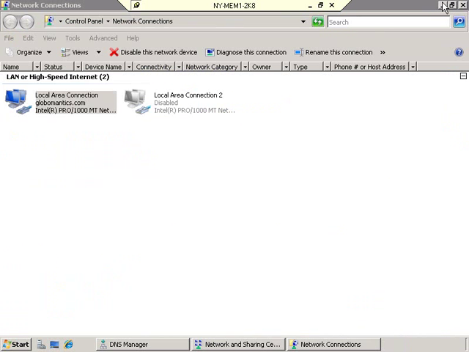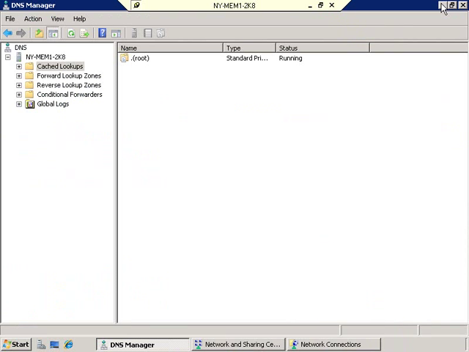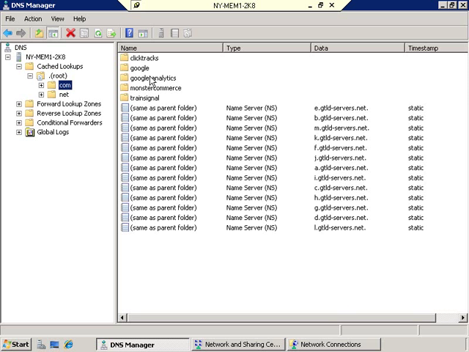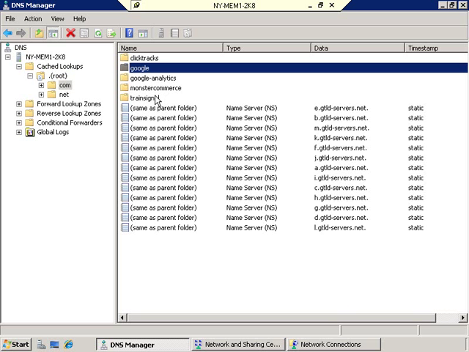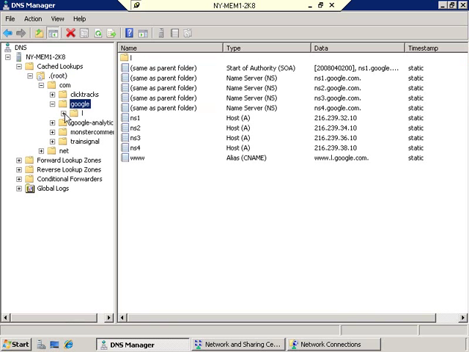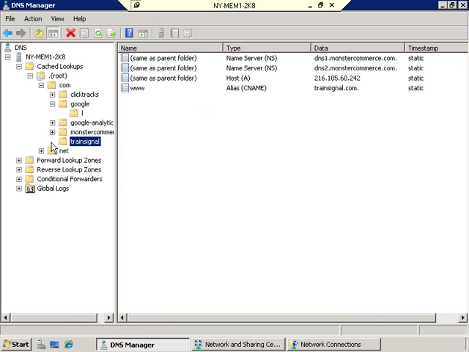I will minimize these windows on our networking, bring us back to our DNS manager, because I want to show you under cached lookups, under root, you now see COM. And if I look at COM, you'll see I have Google and I have train signals. So I have all kinds of records. You would never imagine that there's this many records involved with some of the simplest requests out on the internet,